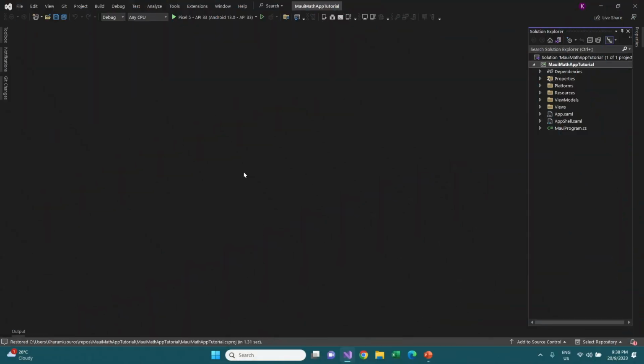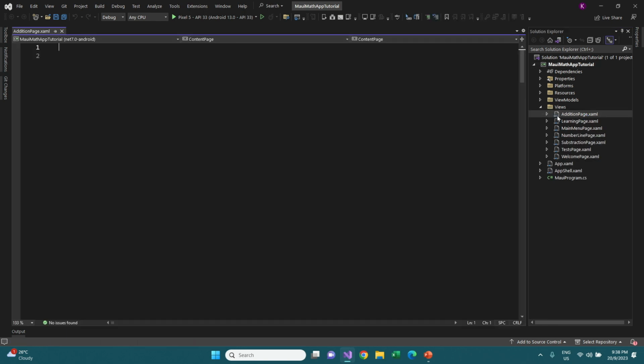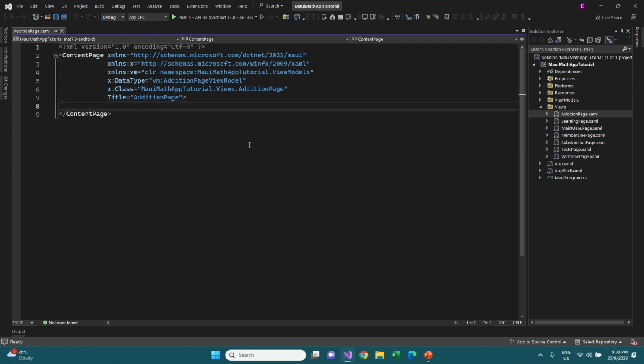This is part 9 of the .NET MAUI app that we are making. And right now there are two views that are blank. So let's fill in those views, and this is the first view, edition page. We're going to add some UI to it. Now here, let us add a